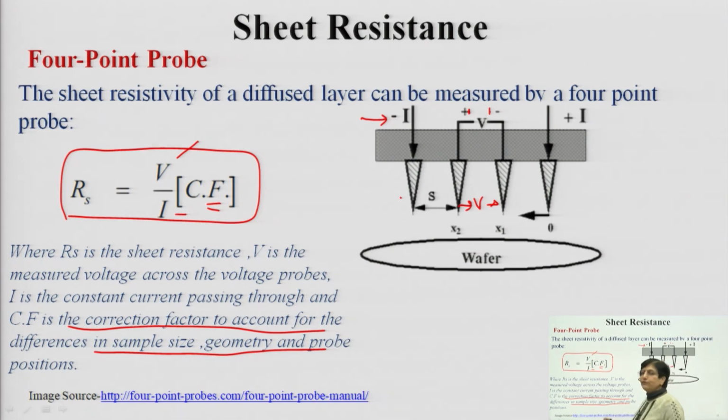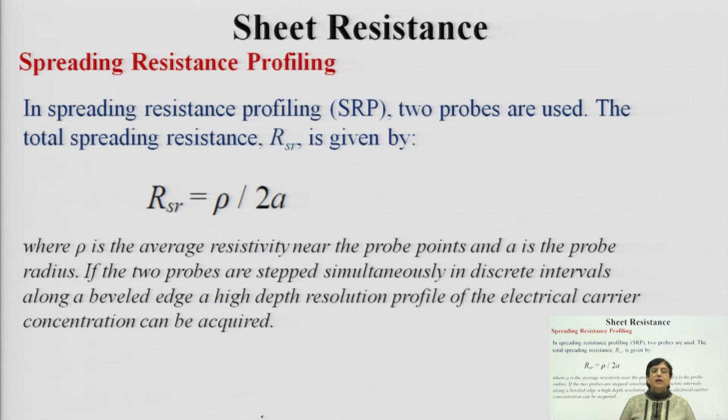Based on that, the correction factor will change. It has standard values. So, placing those standard values for constant current flow, whatever voltage was developed, based on that you will be able to calculate the sheet resistance. Then comes the